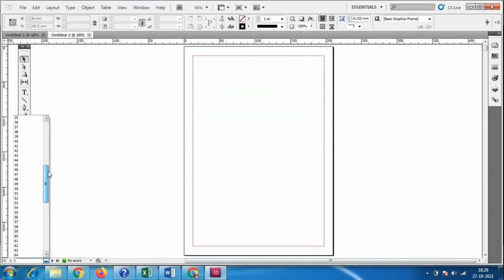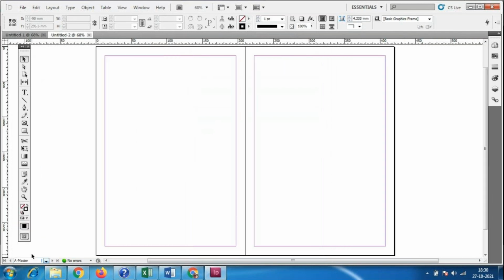So I have given 100 pages over here. So total how many pages are there? Totally 100 pages. I have already given 1 to 100. So totally 100 pages is there, except the master page. So always there will be a master page, and other than that we have the 100 pages. Okay. What is master page?